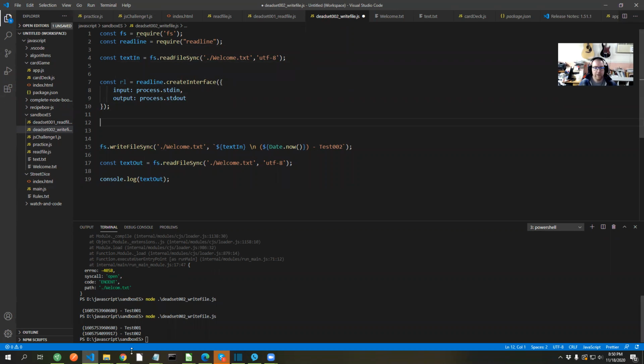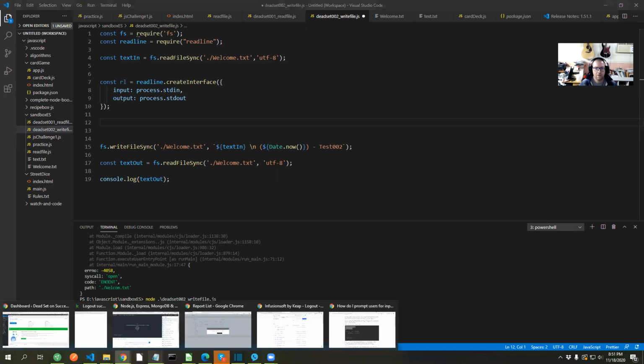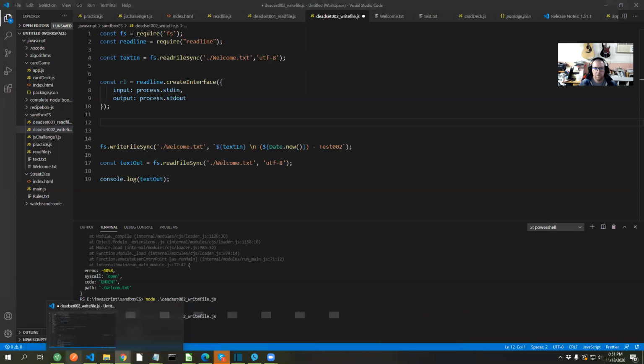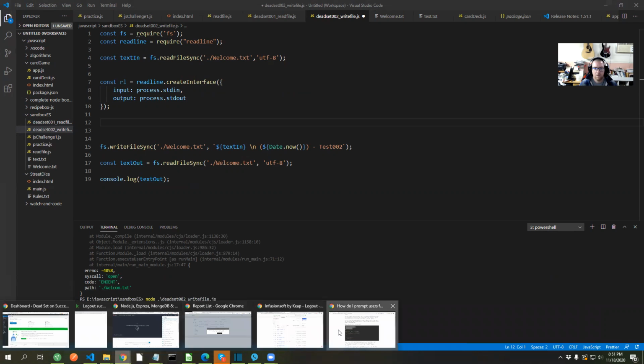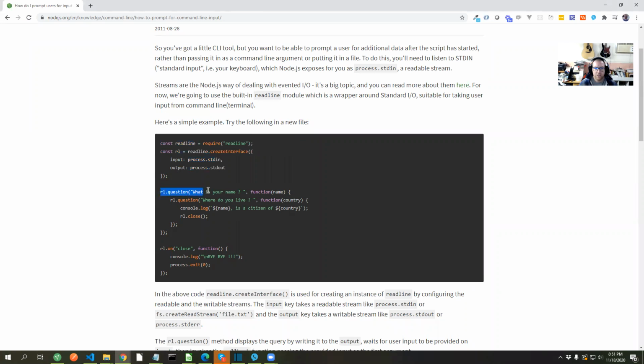So we want to look back at the documentation. So readline question, and then I don't get this part. I guess we put this in there to output it. We just console log whatever we take in. So readline question, question, callback function, and then console log, and we close. And then on close, maybe this is where we can